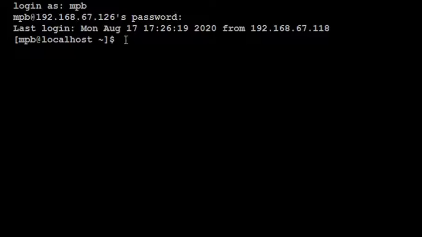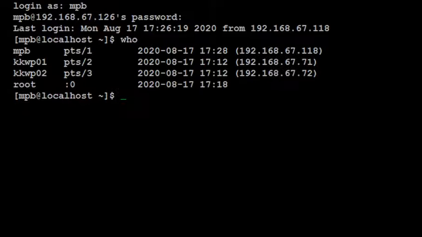Now the very first command is the who command, and who command is used to list out all the users who are currently logged into the Linux terminals. So here you can see that 4 users are there. First is me, MPB, my terminal number, and then the time at which I have logged in, and then my IP address.